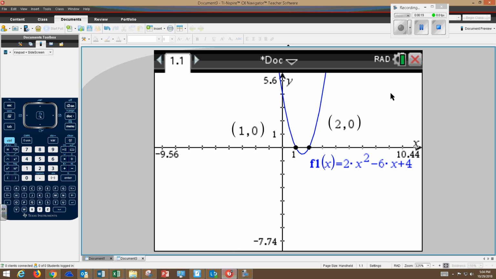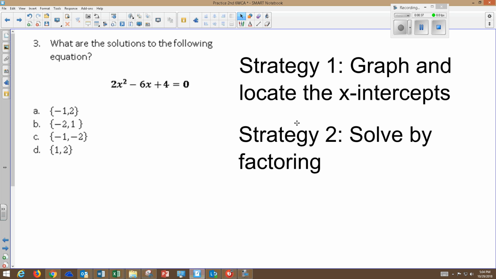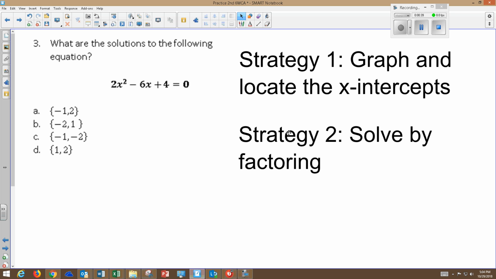So here I have the graph of the function, and I notice that my x-intercepts are at 1 and 2. So that tells me that my answer definitely is D. Okay. All right. Another way we could have done this: